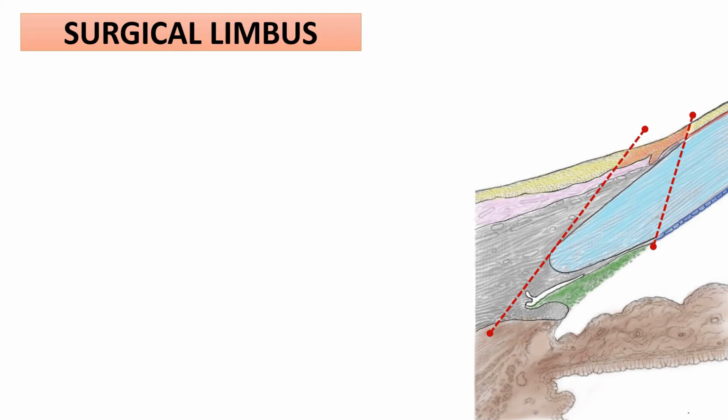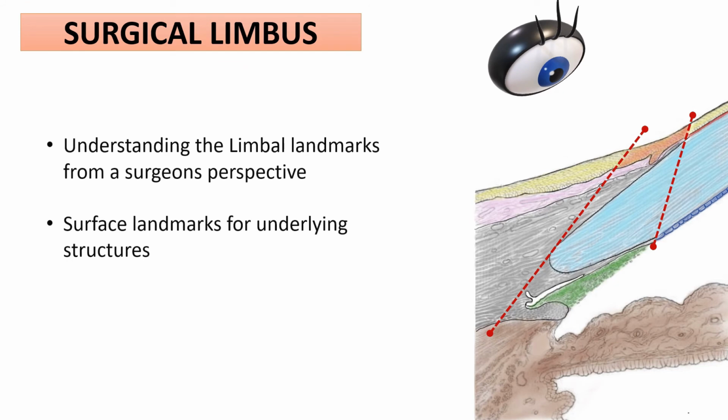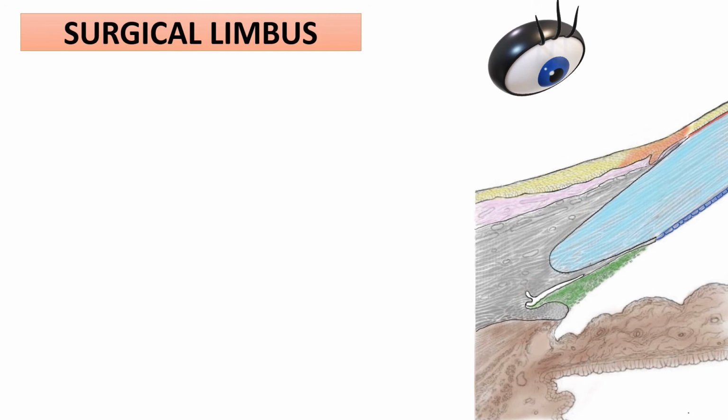So why do we have a surgical limbus as a separate entity from the anatomical limbus? Basically, as eye surgeons, we don't have much use of understanding the limbal landmarks in cross section, but rather as seen from above while performing surgery. So all these 5 limbal landmarks that I have spoken to you about earlier need to be understood from the surface itself. To do that, we draw imaginary perpendicular lines to the landmarks described to create a surgical limbus. So the first perpendicular line drawn is from the termination of the Bowman's layer all the way down.